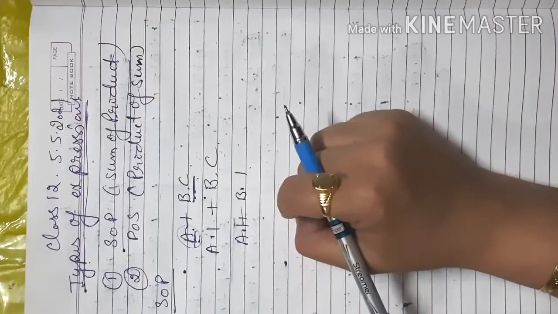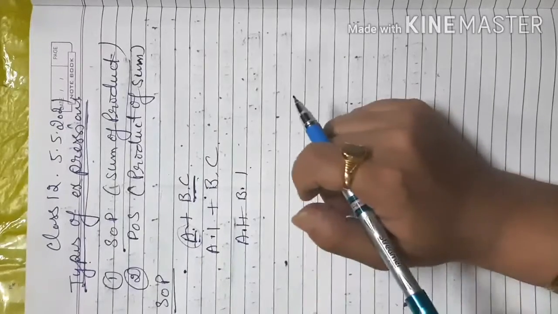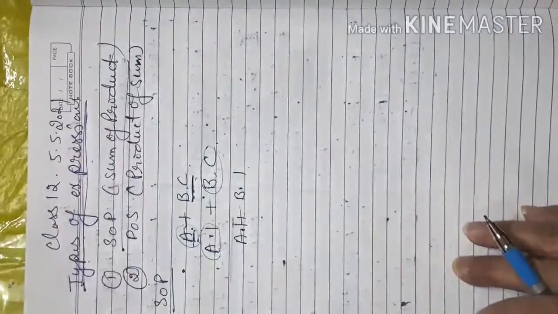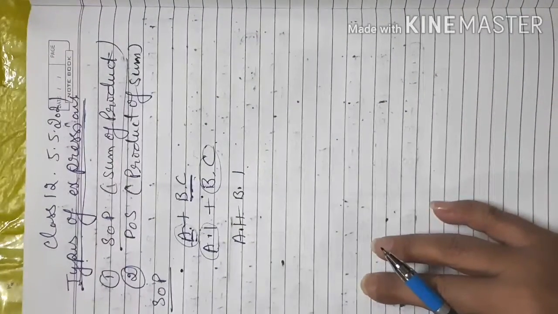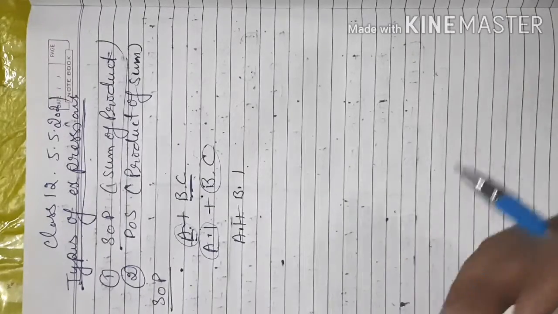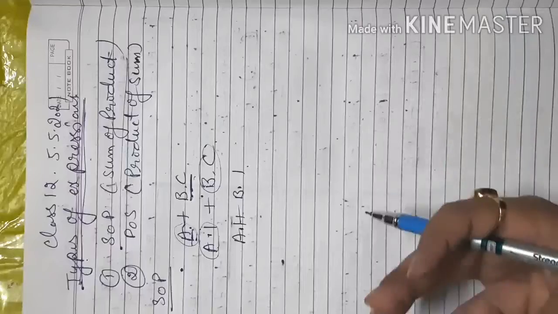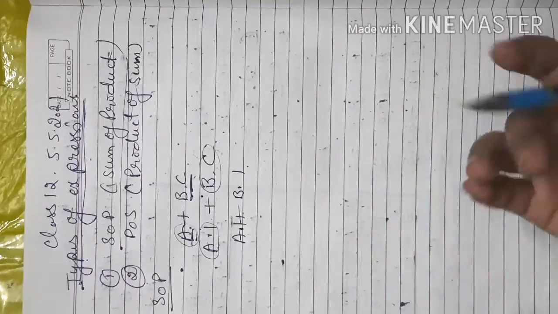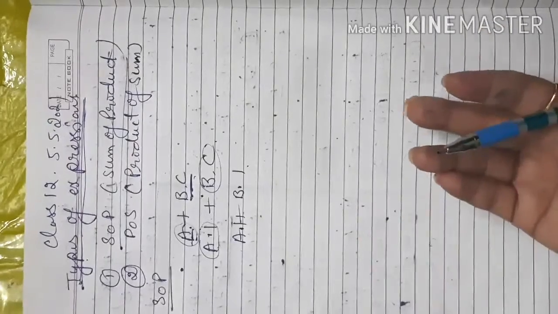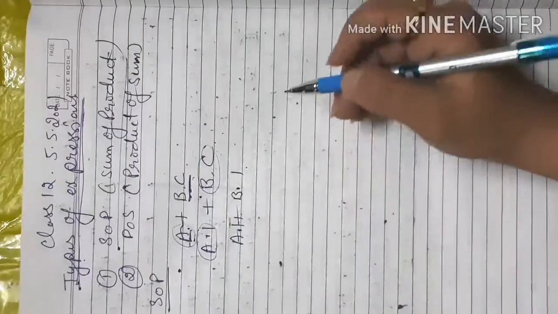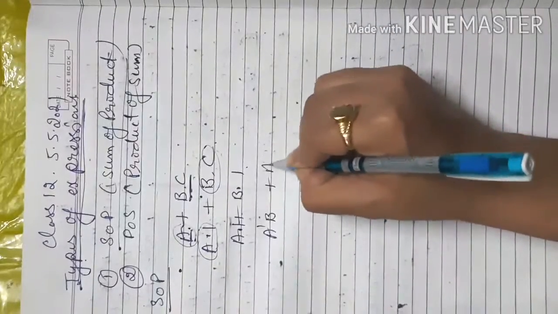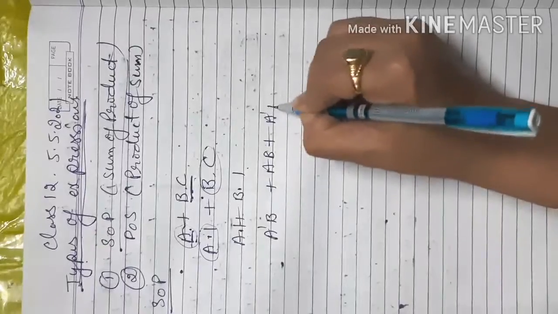Next is min terms. What are the min terms? The product of n variables. It doesn't mean it can only be 1 input, 2 input or 3 input, it can be any number of inputs. The product of the n inputs, whether complemented or not complemented, we call a min term. I will tell you the example here also. If I write A complement B and AB plus A complement B.